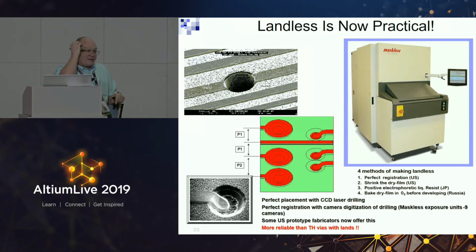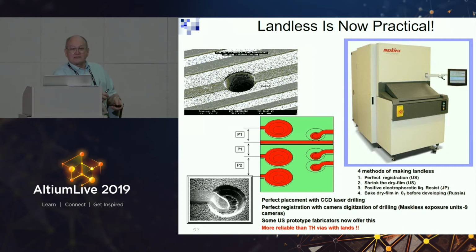And so we were just scratching our heads. Well, gee, for one thing, the IPC says you're not allowed to do this. Well, guess what? The IPC is wrong. The US military is wrong. They never bothered to test it. They just thought that this is bad. We had the actual test data, and in fact, this is 10 times more reliable than the vias you guys are using. And it's a hell of a lot cheaper because notice right here, without a land,